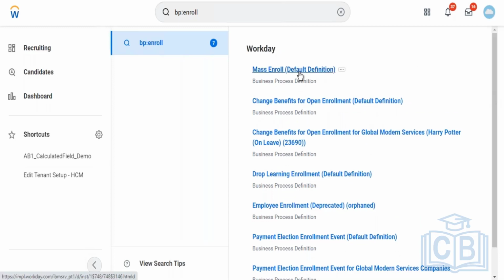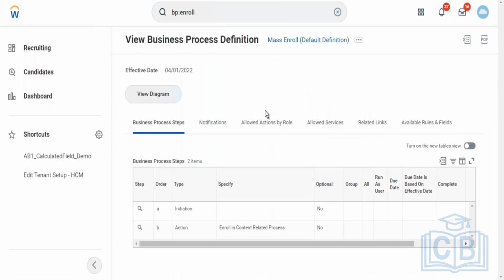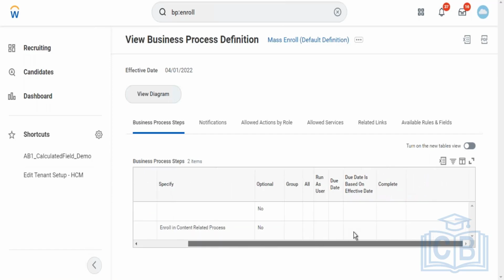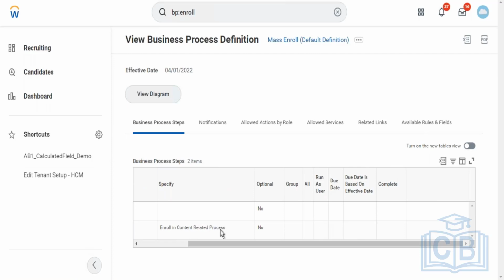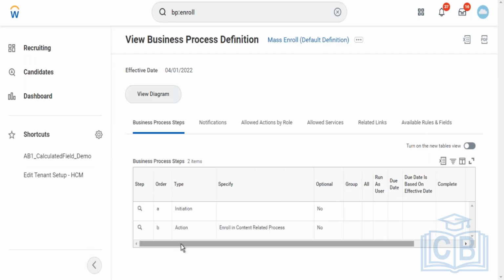If you see mass enroll, okay. Mass enroll. So what steps are there once enrollment is initiated? Action: enroll in content related process. Something, action that has to be taken, but no approvers or no additional steps are configured. But if you go to the security of this BP,